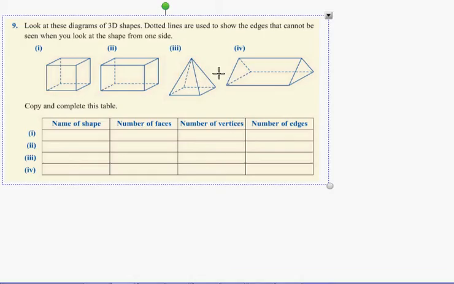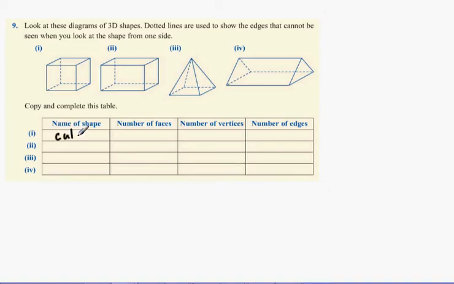So we'll start off with the cube. The name of the shape is a cube, and a cube has 6 faces, like a dice, because a dice is a cube. Then the number of vertices. Well, we can see 1, 2, 3, 4, 5, 6, 7, 8. 8 corners, right? And then the number of edges, which is slightly more difficult, is going to be